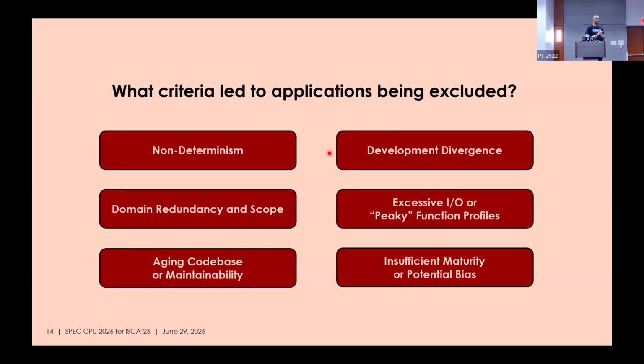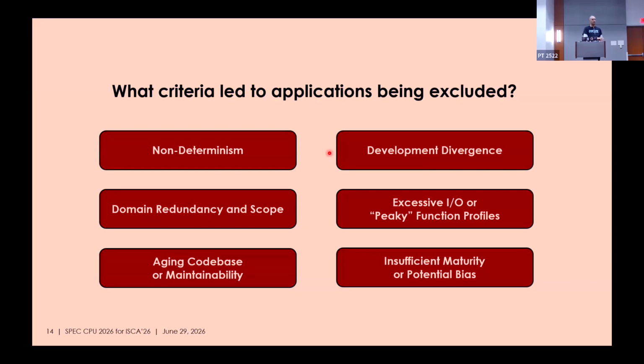Development divergence. This is something really important. A lot of people ask, where are the AI workloads? What kind of new benchmarks do you have? And the story I'll give is we had looked at Llama CPP and Whisper CPP. Those are great inference benchmarks that run on CPU. When you dissect Llama CPP and you turn off processor-specific code and the assembly language intrinsics, then you're basically left with this tight for loop that's doing the matrix multiply. And that changes the characteristic of Llama in such a way that it's no longer memory bound. It's doing inefficient CPU computation kind of slowly, and it no longer represents what people run in the field.